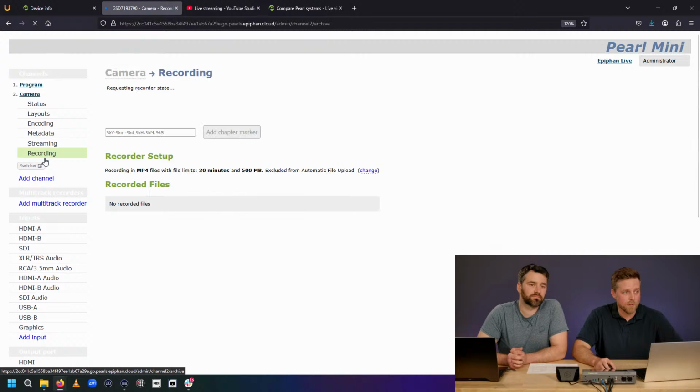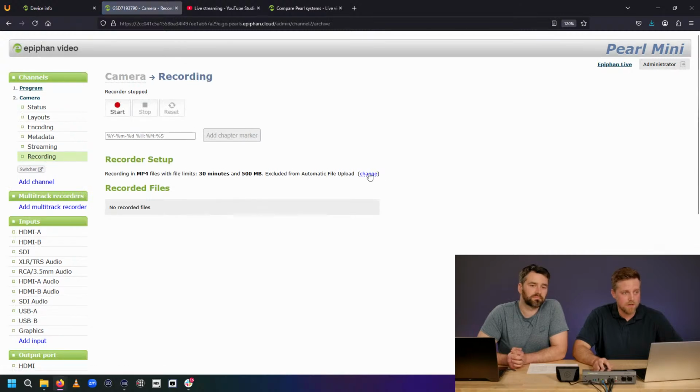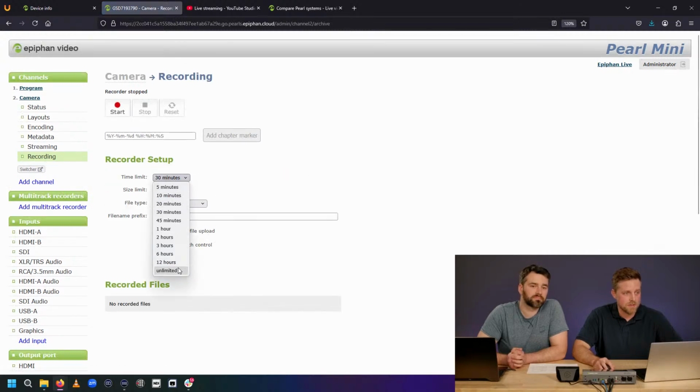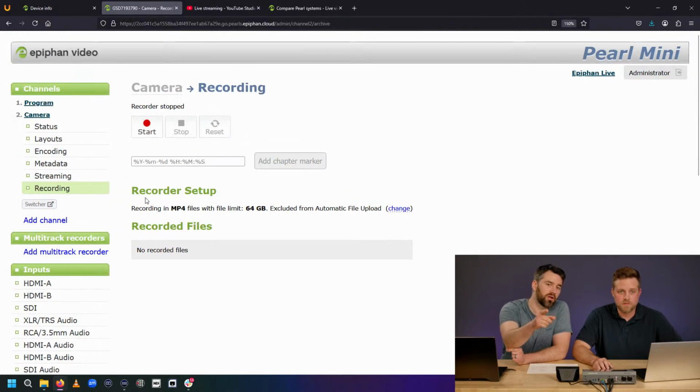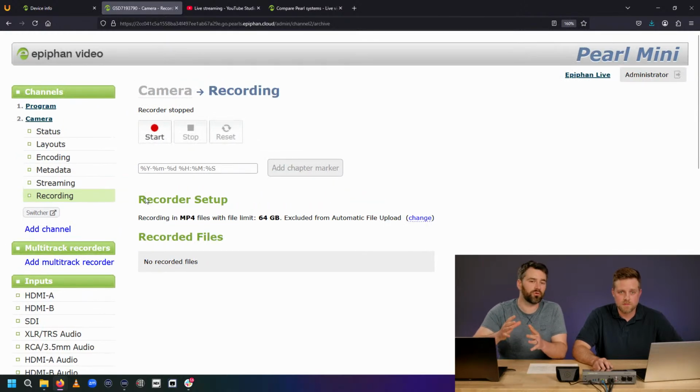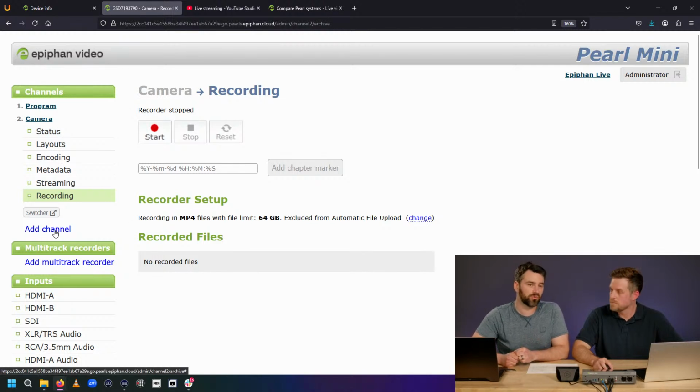Let's just check our recording settings here as well. I'm going to max out these durations and size limits. Basically doing the same thing that you're doing on the other ones. Quick thing to mention here at channels, and same with the program channel, there is a bookmark option there. We won't talk about it too much, but what it allows you to do is use an API command to a controller, and so you can add bookmarks into a recording, and then that could be used in post-production later to maybe map out some important parts. Yeah, cool.